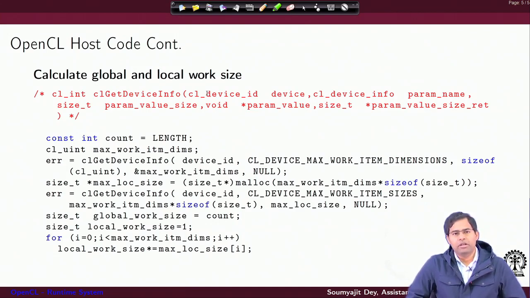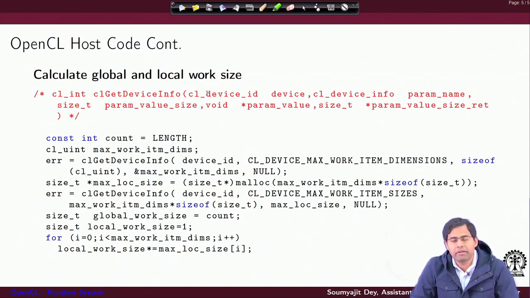Now, as you can see, this is something very generic and OpenCL specific: inside a device I can have support for a multidimensional kernel, and up to what dimension of multidimensional kernel is allowed may be device specific. So, first we need to figure out what is the maximum work item dimension that is allowed in the specific device. Again, I am just saying that for a vector addition this is not necessary. We are trying to give you as much system level information as possible through this kind of code.